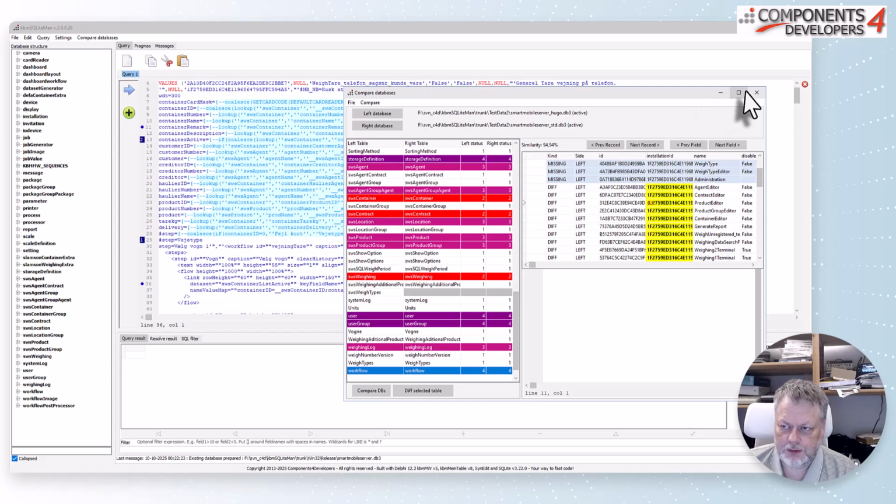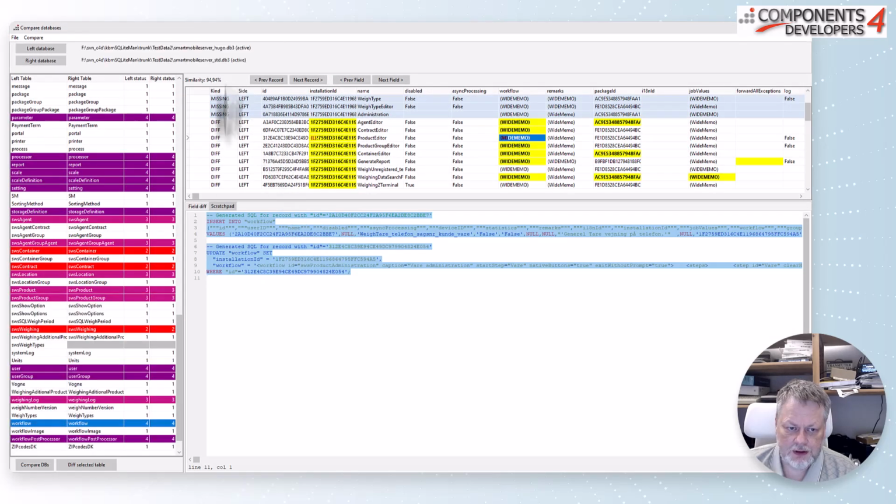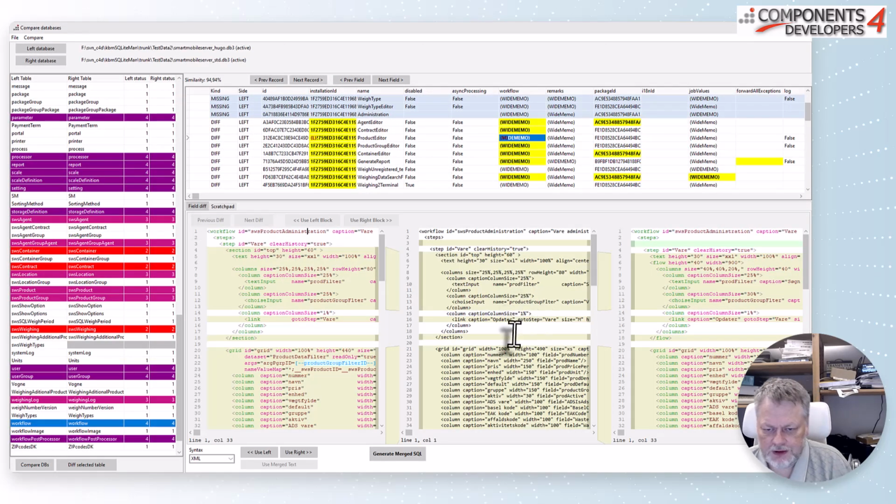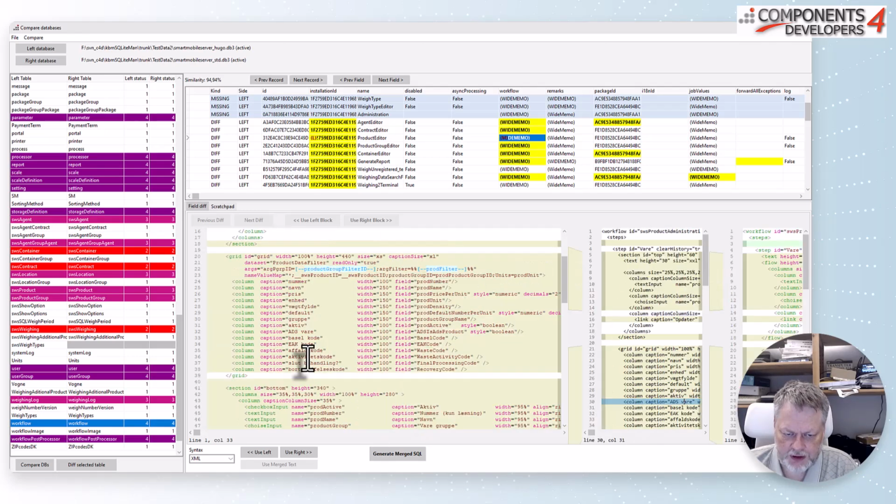Another nice feature you can probably see in here, if I'm looking at the field differences here, if we double click inside quotations, then we'll select the word. Without the quotations, it will show the quotations, but they're not selected. If we double click again, then we have the quotation selected.